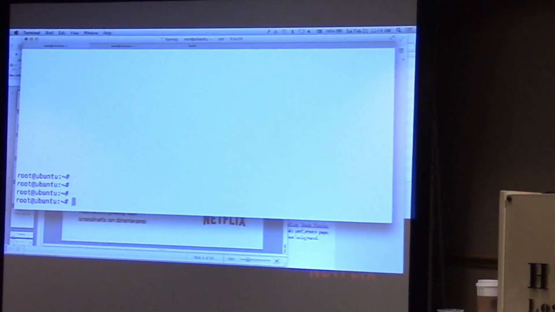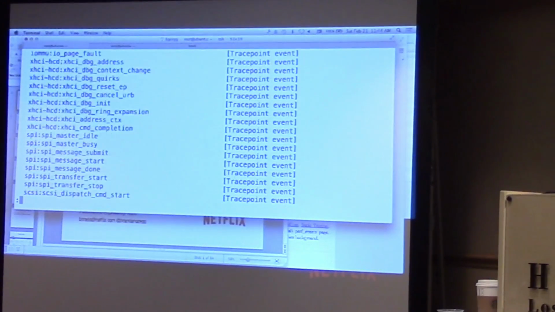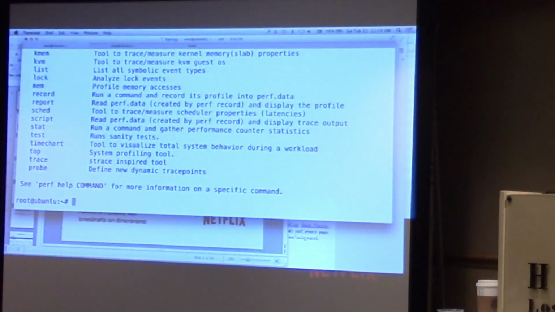But just seeing it live might help you understand the sort of process you can use with perf events. So I've got an instance. If I run perf list, these are various probes that are showing up. I don't have many hardware probes because this is a VirtualBox instance, but I still have a lot of software events. If I run the perf command, these are all the subcommands that I can use. And I can do things like perf.